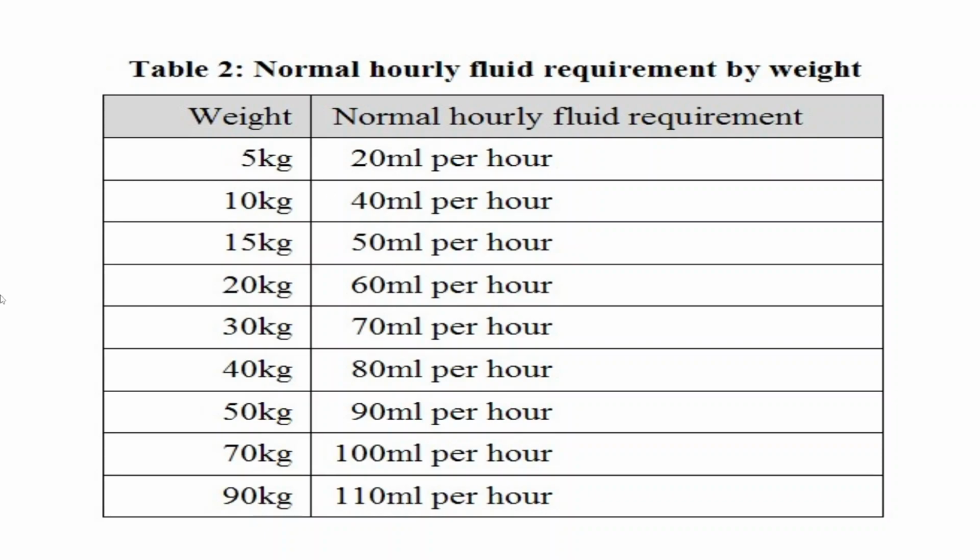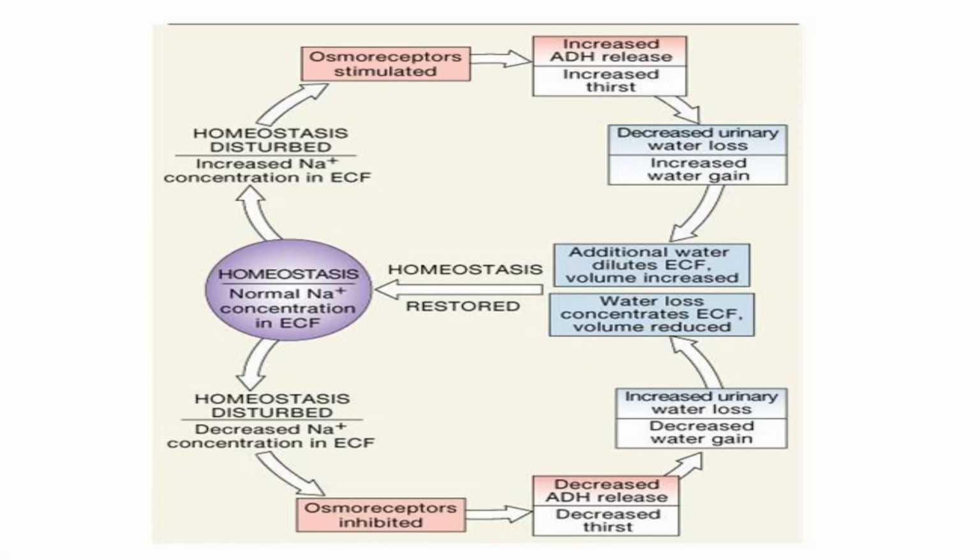So what we have shown here is only for average activity, not resting, average standard temperature, normal body temperature, and environmental factors that are not so severe. When there is a very severe dry environment, the water intake has to be increased. And if it is a humid environment like the rainy season, the water intake may be slightly lesser. But on average, this is the amount of fluid required to maintain that balance.